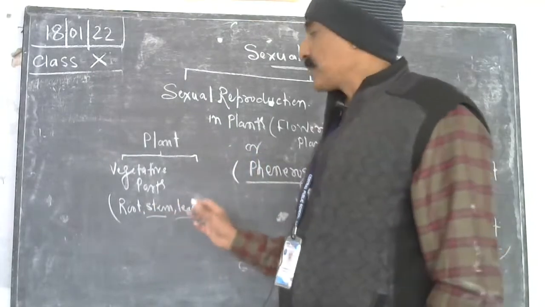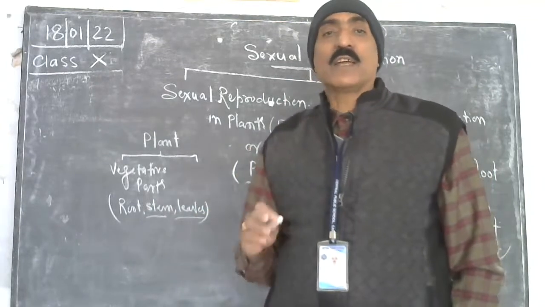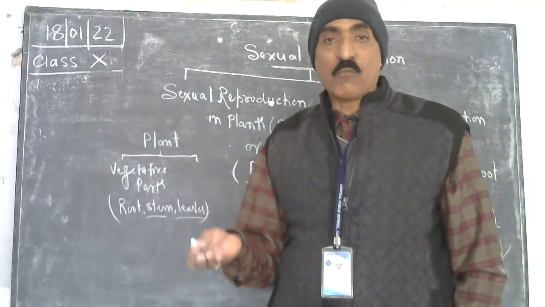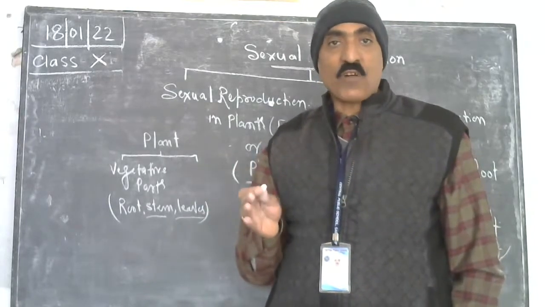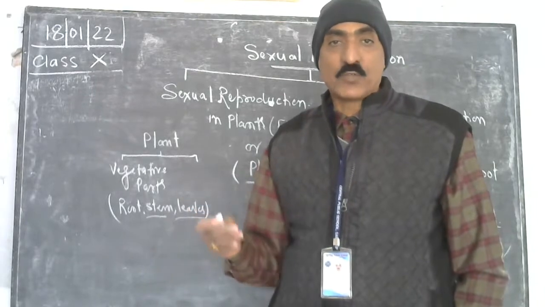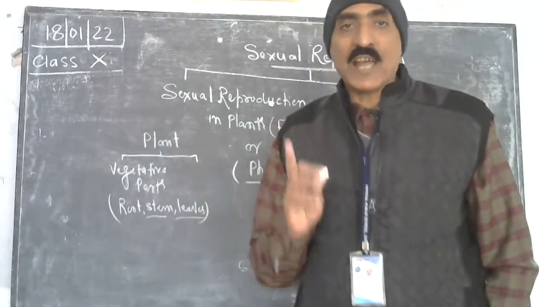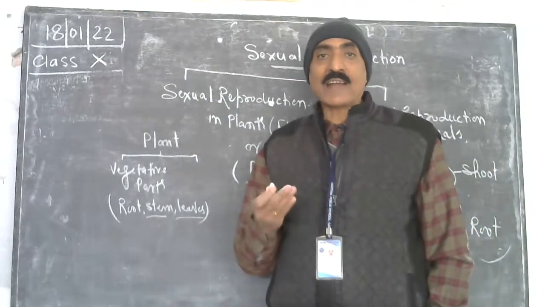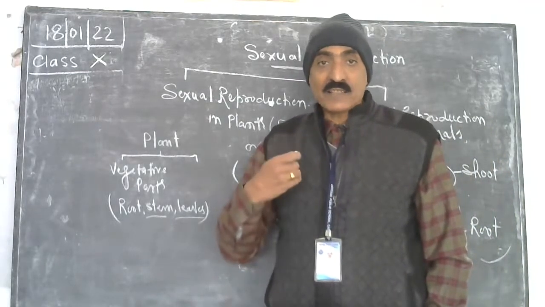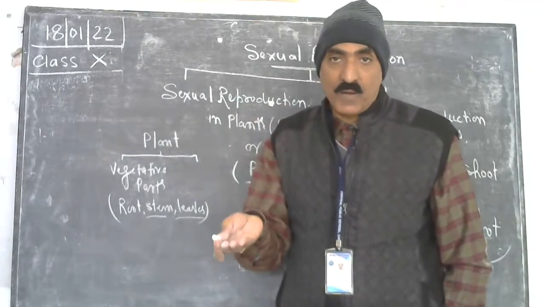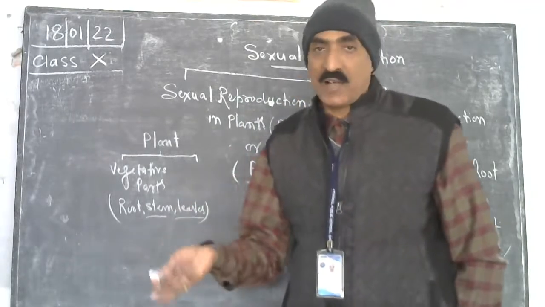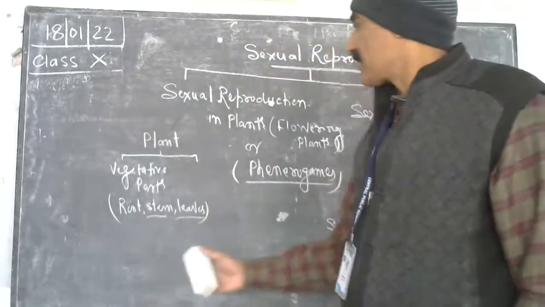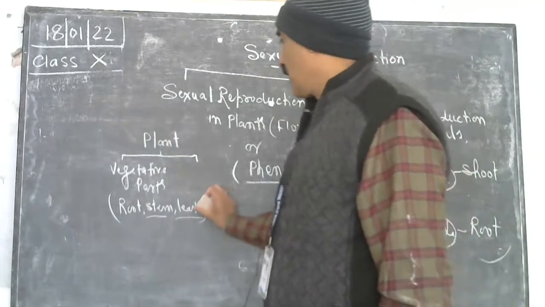So leaves do three important functions. एक तो है they manufacture food, दूसरा है they help in transpiring water to get rid of extra water that they absorb, और तीसरा है it helps in gaseous exchange by which required gases enter the plants and are expelled out from the plants. That may be the oxygen and carbon dioxide. Clear? तो ये तीन काम होते हैं इससे. And these three parts are called vegetative parts.